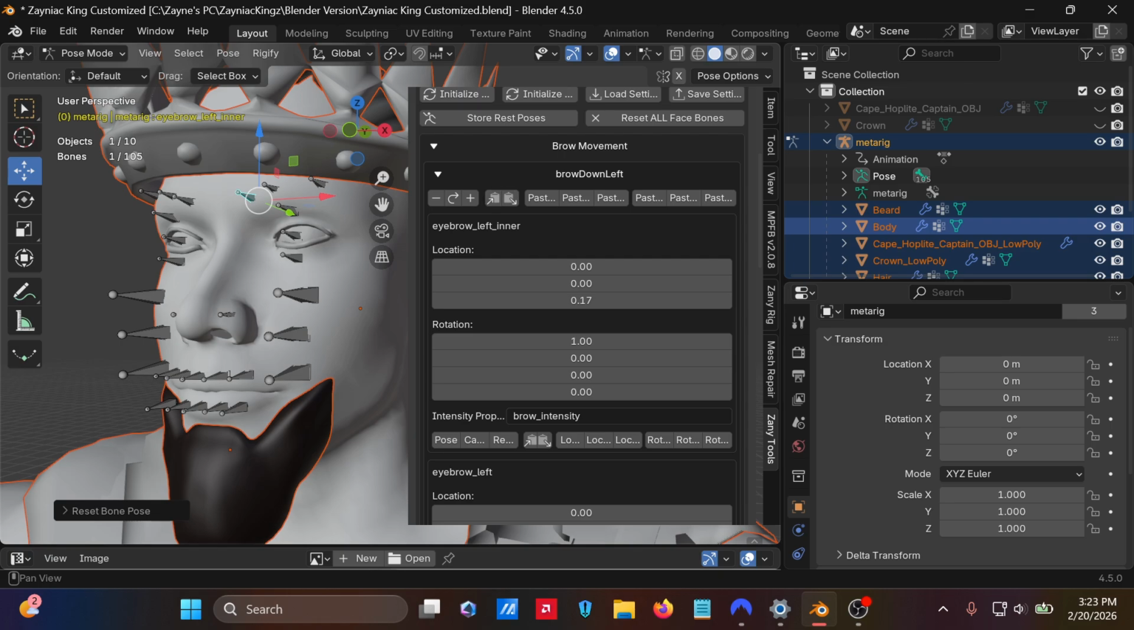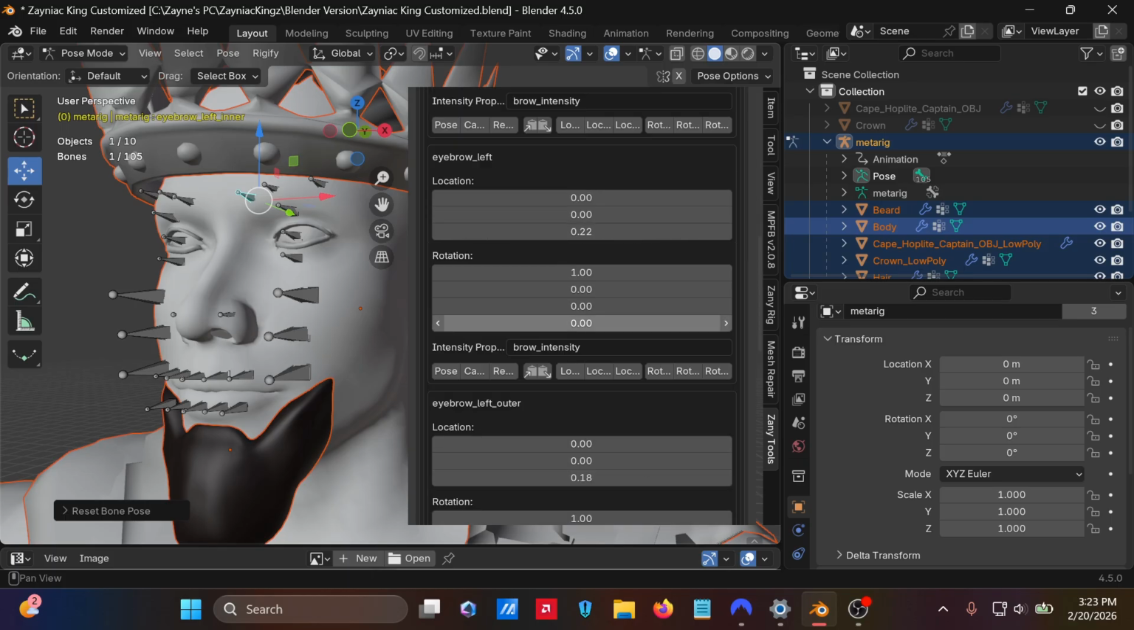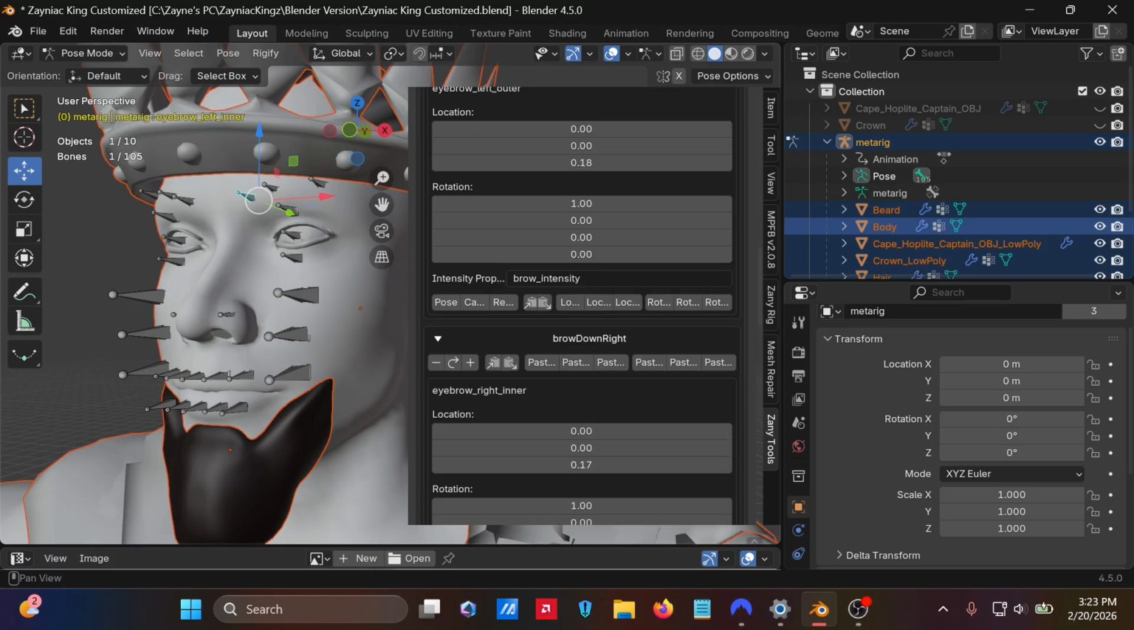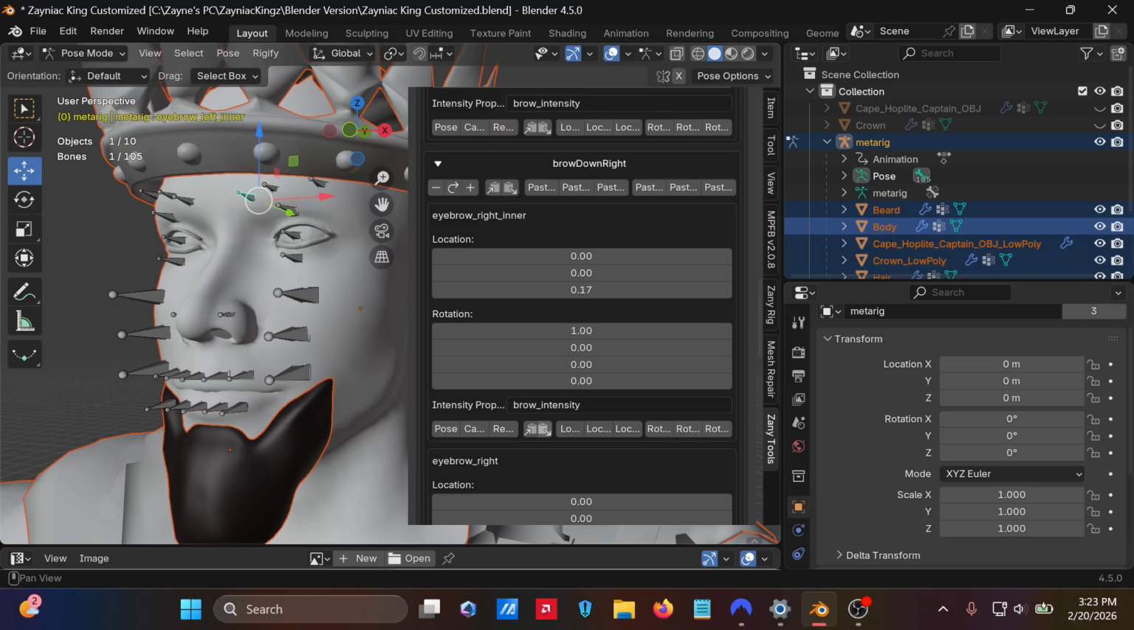Now let's say you do the brow down left, right? And you want to copy the bone placement, like just this specific bone, you can, and then you can paste it onto the brow down right if you wanted to. Now let's say you wanted to do the opposite, because in some cases, let's say you move this a little to the left, well, you're not going to want to do the same thing on the right side. So what I created was a way to